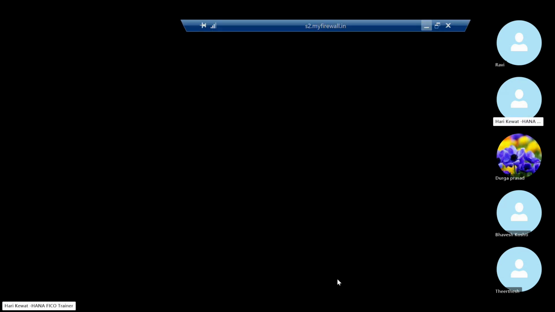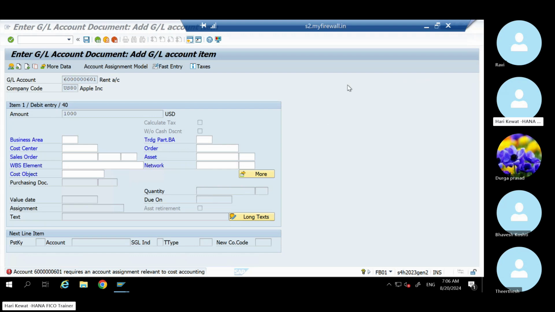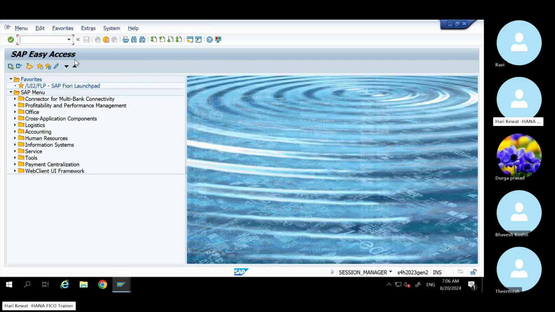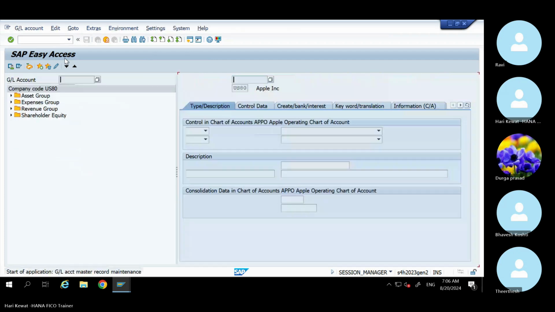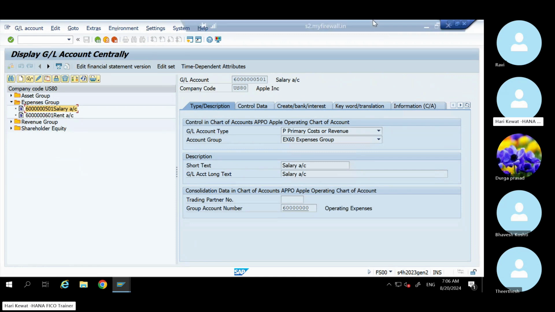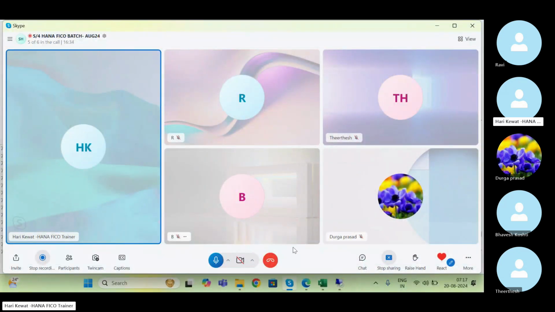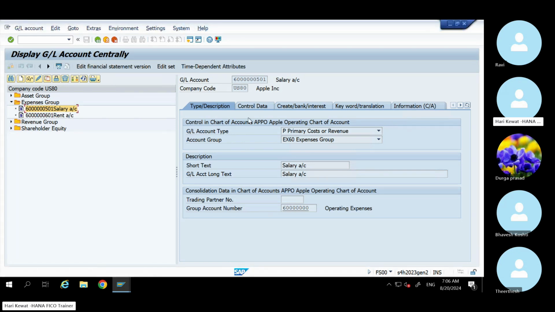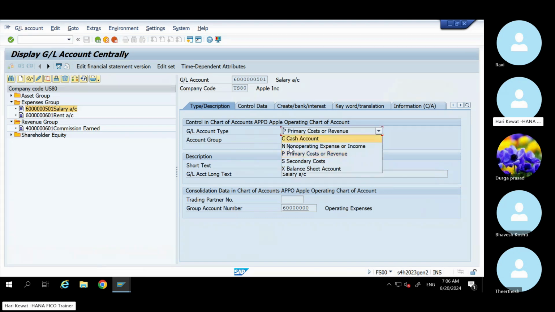Okay. Now listen very carefully. I'm opening another screen. I'm going to the GL master. You will get this error only for the P&L GL. If you are using any P&L GL, either expense or revenue, then only you will get this error. Any expense or revenue GL, if you have created it with primary P,